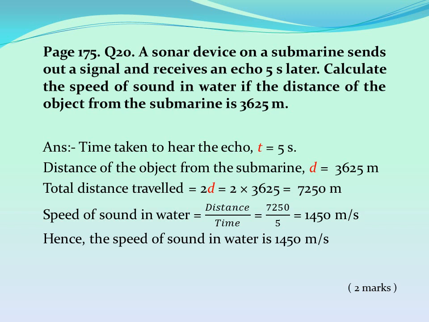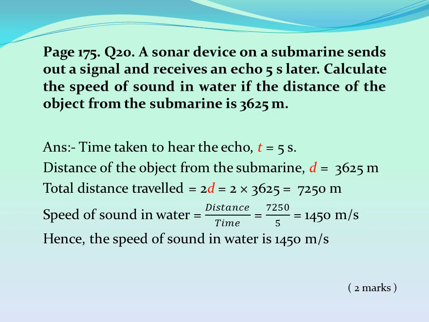Page number 175, question number 20. A sonar device on a submarine sends out a signal and receives an echo 5 seconds later. Calculate the speed of sound in water if the distance of the object from the submarine is 3625 meters. Answer. Time taken to hear the echo t equals 5 seconds. Distance of the object from the submarine d equals